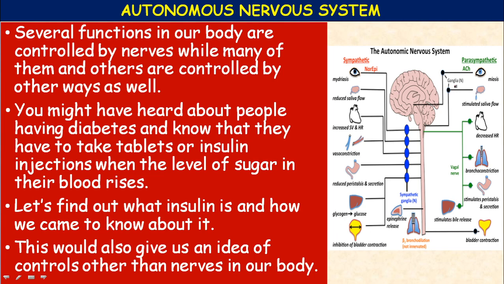And the parasympathetic nervous system: if you see here, the parasympathetic nerves originate from the cranial and sacral segments of the spinal cord. Their functions include constriction of the iris. Okay, miosis it is called. Mydriasis means the dilation of the iris takes place. Here, constriction of the iris and increase of saliva secretion, stimulated saliva flow,